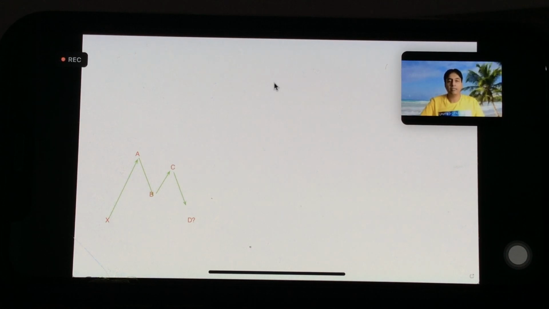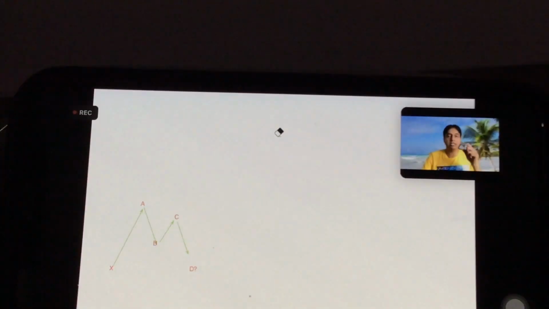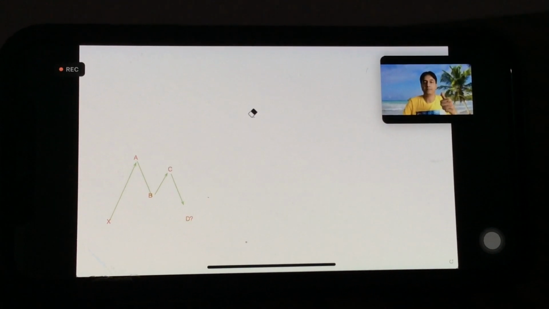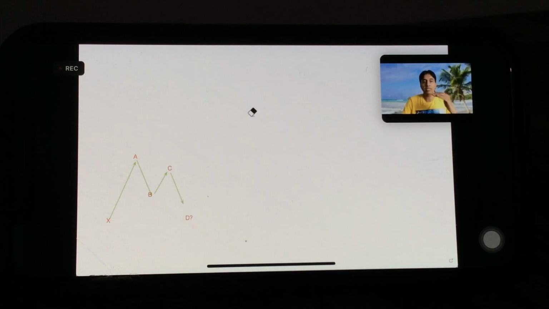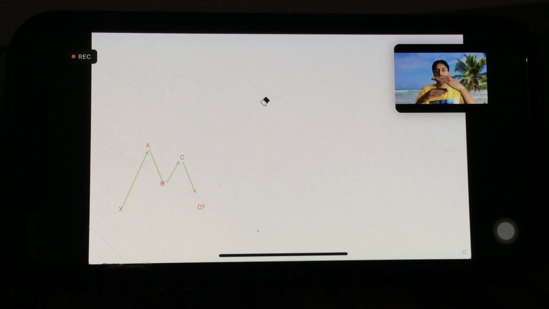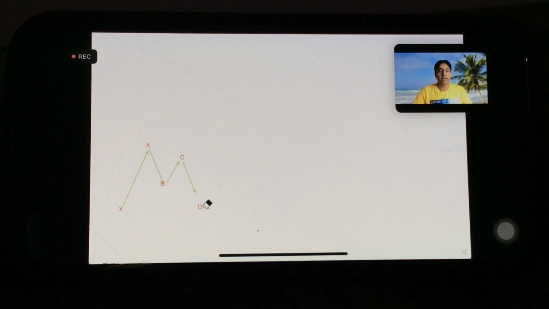What we call the D point, that in ABCD we find the D point by two methods. And the levels which we get, we call them which level? AB equal to CD gives one level, and we get another level by BC projection. So suppose I get 100 and I get 101, right? So I call it PRJ, the Price Reversal Zone. Similarly, in XABCD we have to find the PRJ, but here how do we find it?